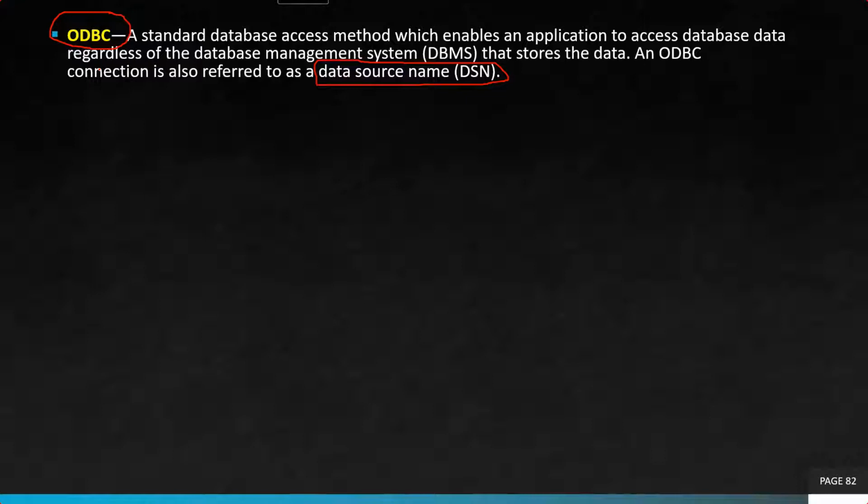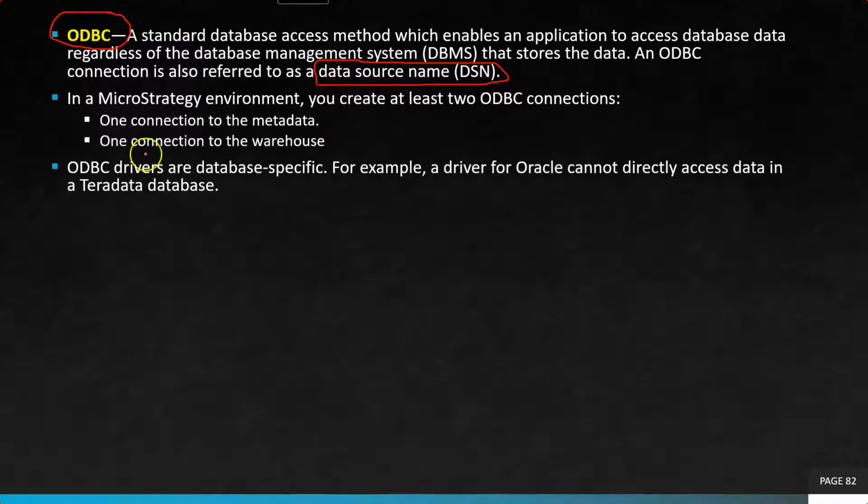In your MicroStrategy environment, as I mentioned, you must have two ODBC connections, one for the metadata, because you have two databases: one is your metadata and the other is your data warehouse, where all your original data resides. Your application will fetch the data from your data warehouse, and your metadata contains your application information in the metadata database. So you must have the two database ODBC connections configured. One connection is going to connect with your metadata, and the other is going to communicate with your data warehouse. If either one is not working, your application will stop working.